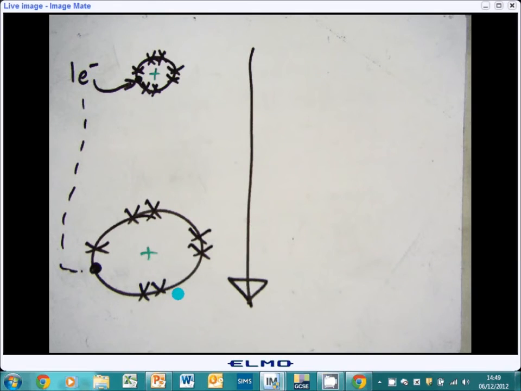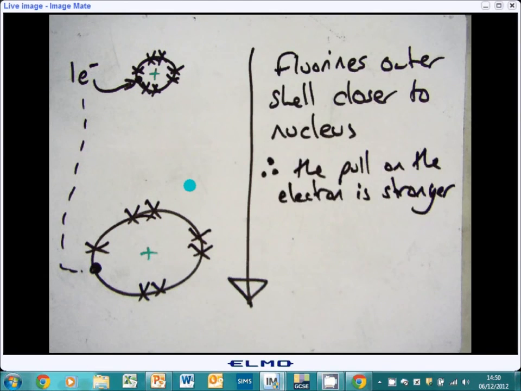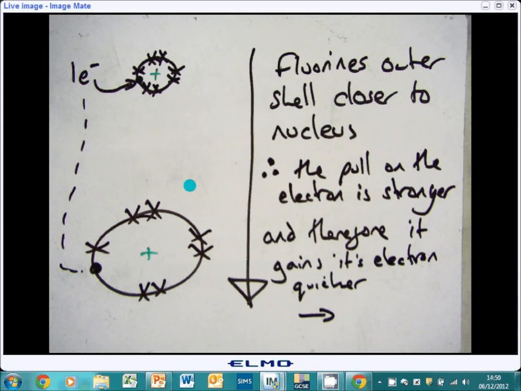This also helps to explain the melting points and boiling points. So fluorine's outer shell is closer to the nucleus, the pull on the electron is stronger, and therefore it gains its electron quicker,